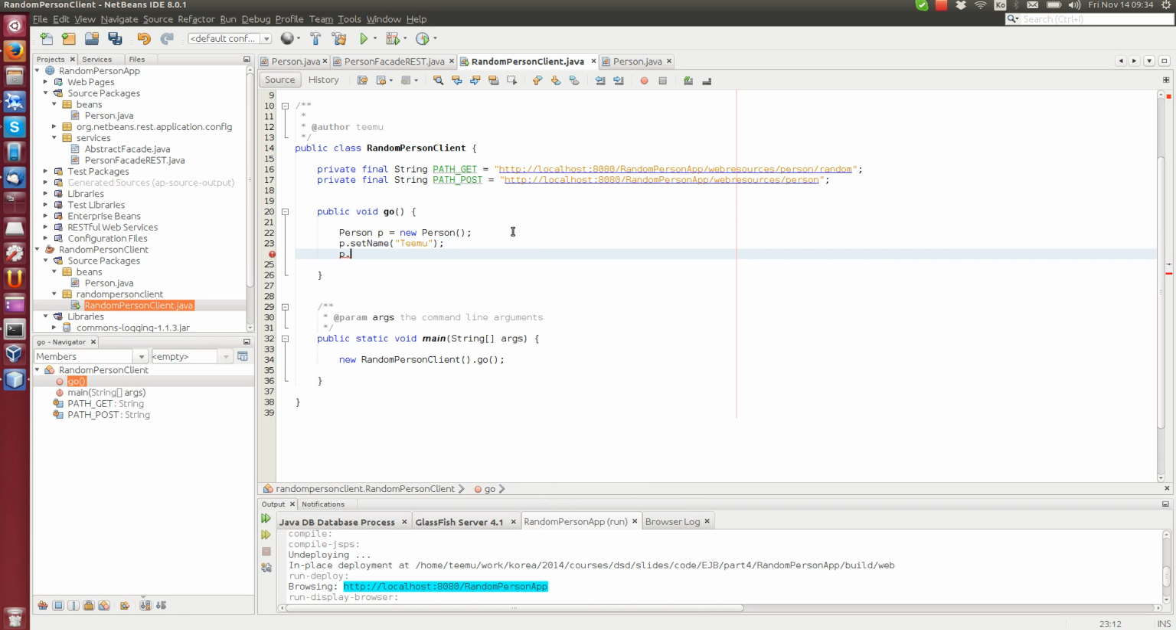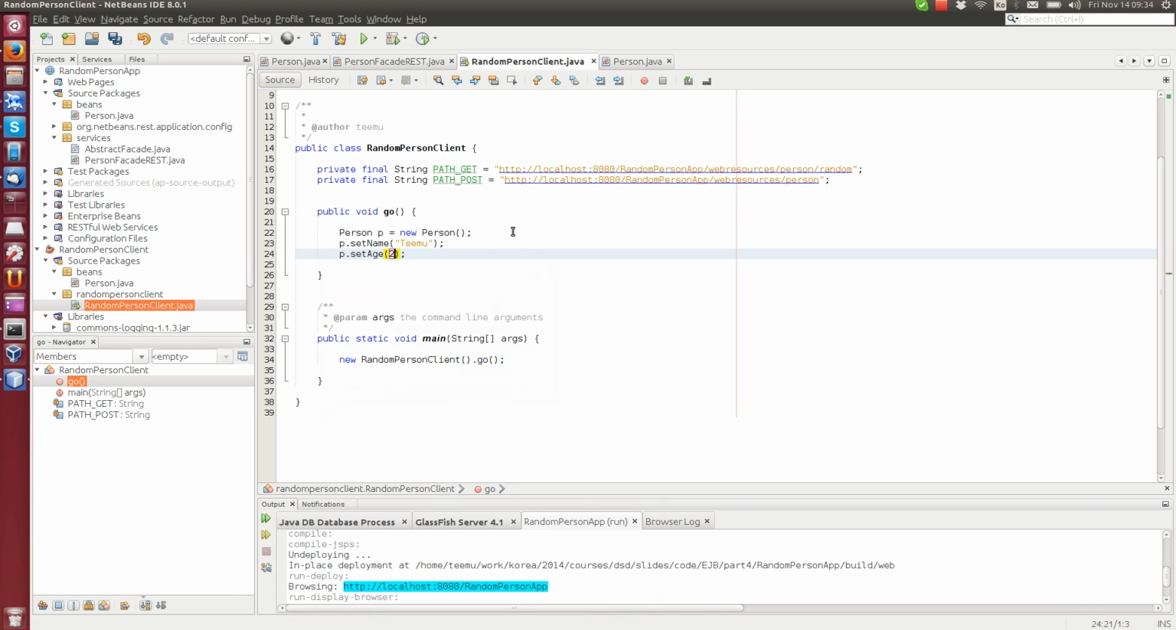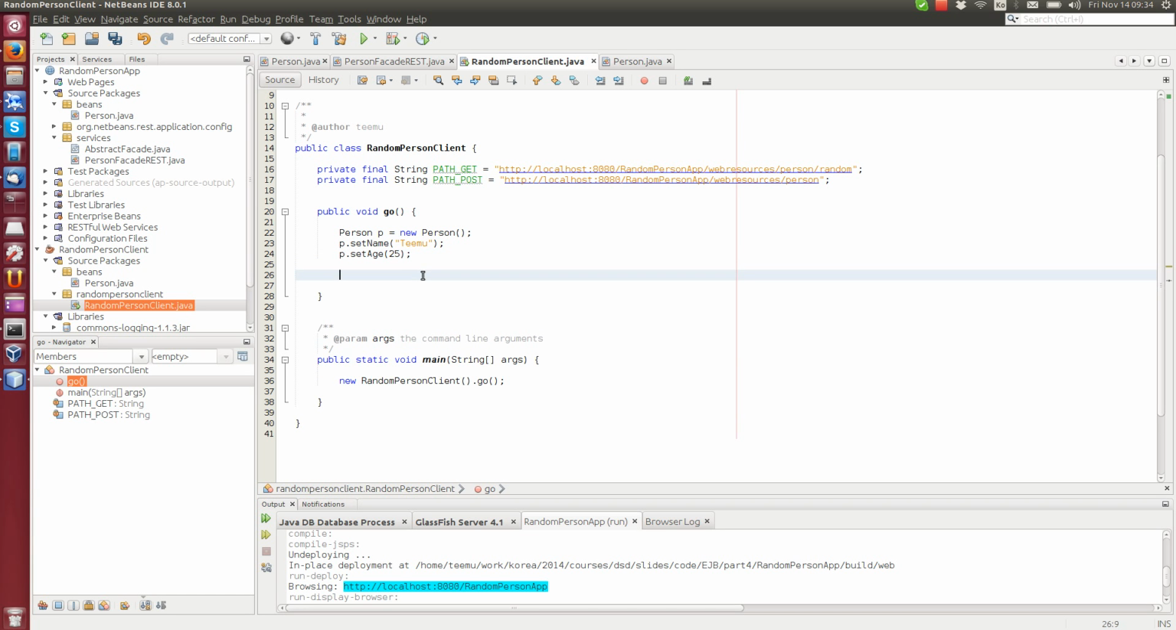That should be set name, not get name, of course. Set age. Right. Now we have a person, and we are going to create another method called test post that will accept the